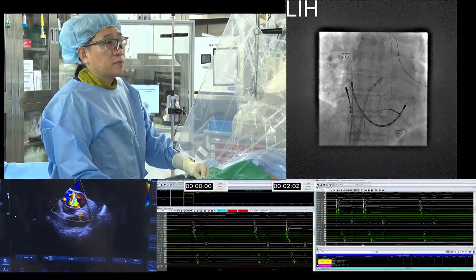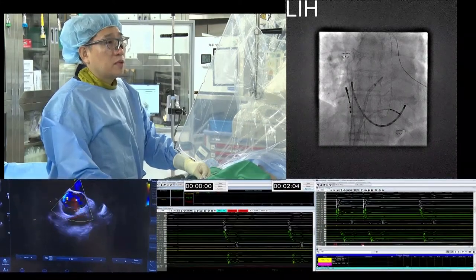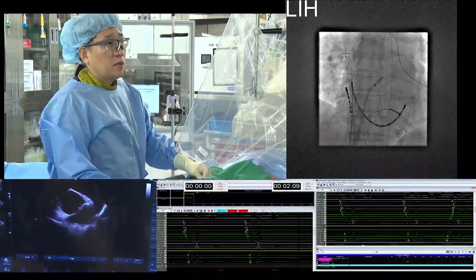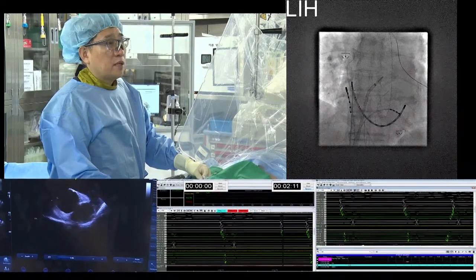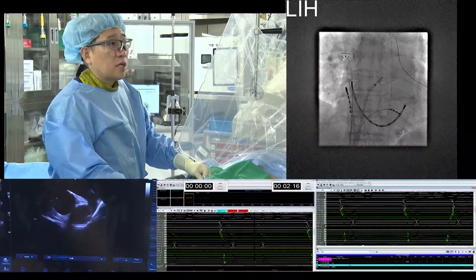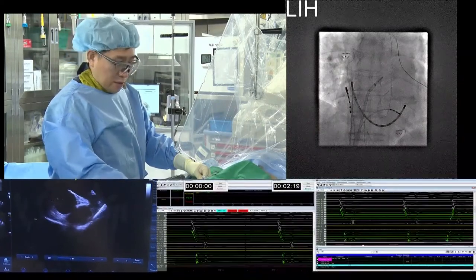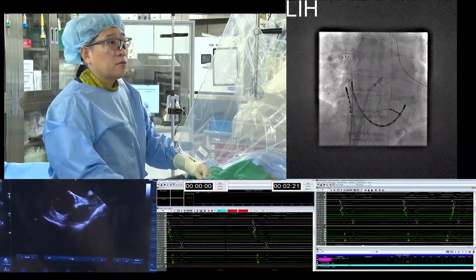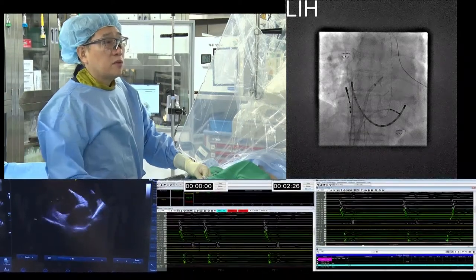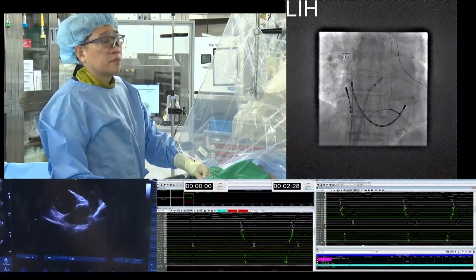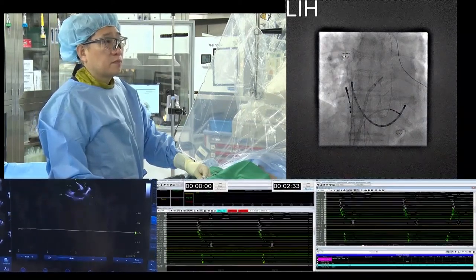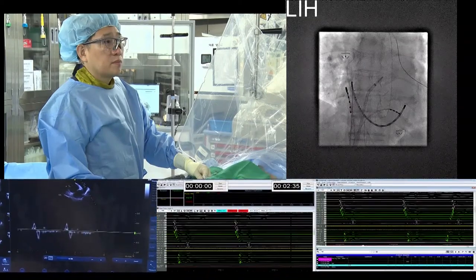So if you rotate the ICE catheter gently clockwise, you see the left atrial appendage nicely, and check the appendage flow velocity. If it is over 5 meters per second, probably there is no appendage thrombus. But usually appendage thrombus is located at the tip of the appendage. You can move your catheter back and forth gently and try to find any kind of risky thrombus inside the appendage.